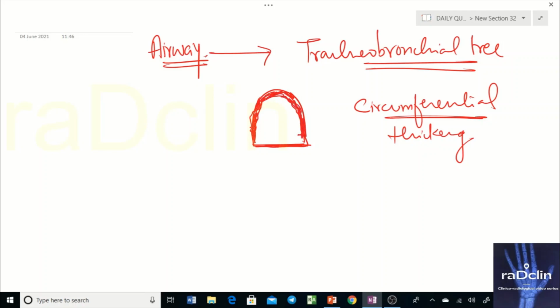Now remember, this thickening can be caused by other diseases also. This circumferential thickening is nothing but granulomatous inflammation. It could be smooth and it could be nodular as well. That is okay, but the important thing is this particular posterior tracheal membrane that you are seeing,